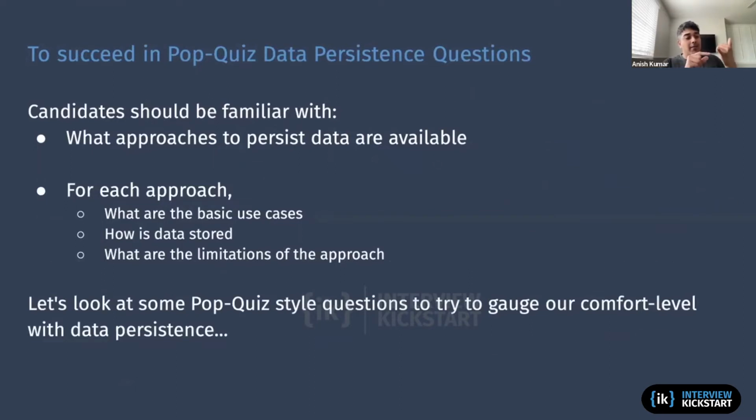We need to at least, to the bare minimum, know all the important approaches that exist for data persistence, and then for each approach, the basic use cases where they're commonly used in iOS development, how it works in terms of memory, caching, decoding, even threading sometimes. But then how the data is stored